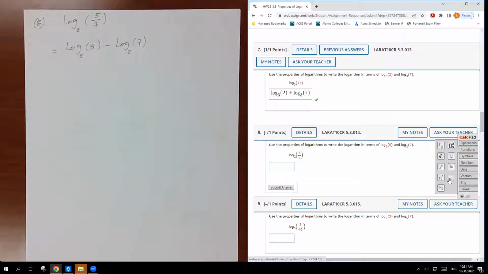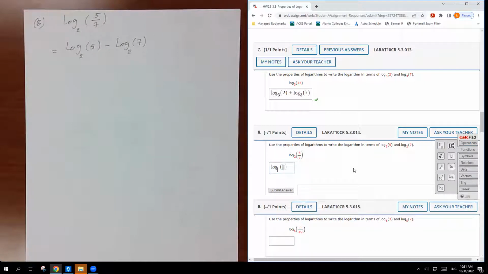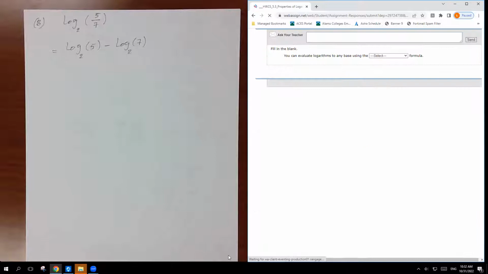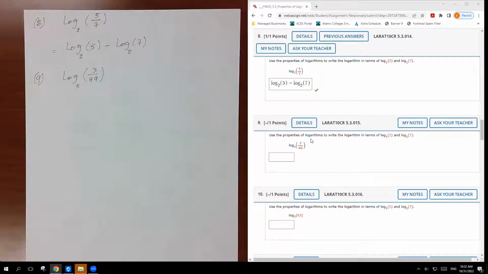So it's going to be log to the base 2 of 5. Make sure the 5 is under the parentheses, minus log to the base also 2 of 7. Close the parentheses. So that's it for this example. Example 9, they ask you to use the properties of logarithm to write the logarithm in terms of